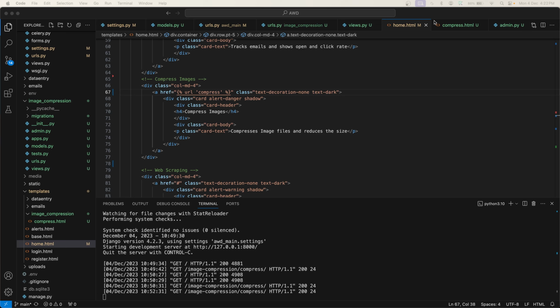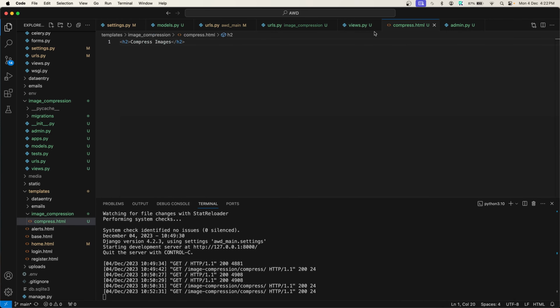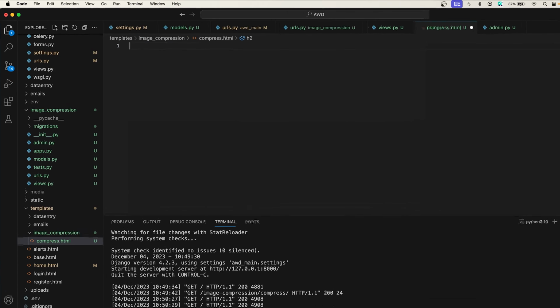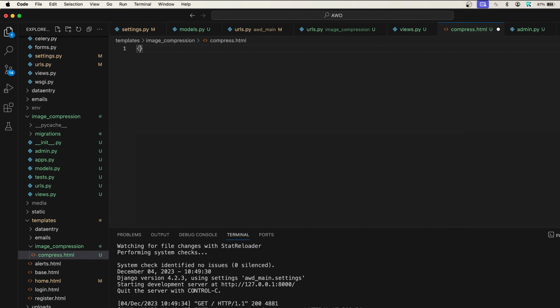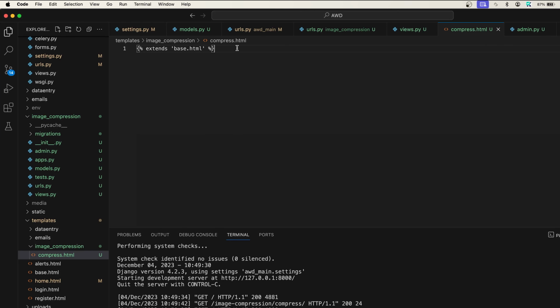And you know what, we can just close this home.html, and open compress.html. All right, so here in this compress.html, let's first extend the base template. Extends base.html. As soon as you extend the base template, you will notice we have the header. And next, let's add block content